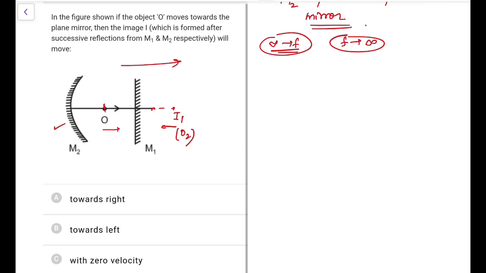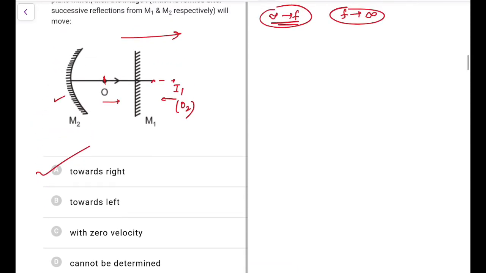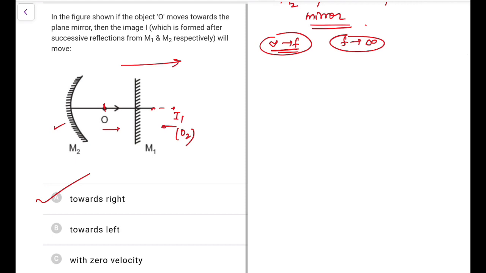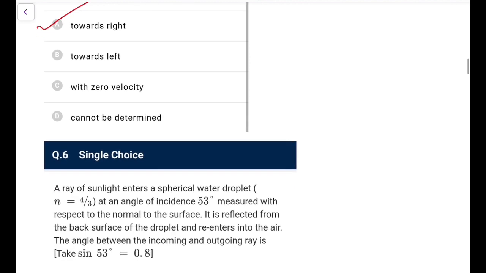If this point O, I don't know where it is, focus or something, I'm assuming it is greater than f, so better to say it goes towards the right instead of cannot be determined, and that is the solution they have also given. It would be better if they had marked this value also, to show that this distance is definitely greater than the focal length, so it would be easier for us.